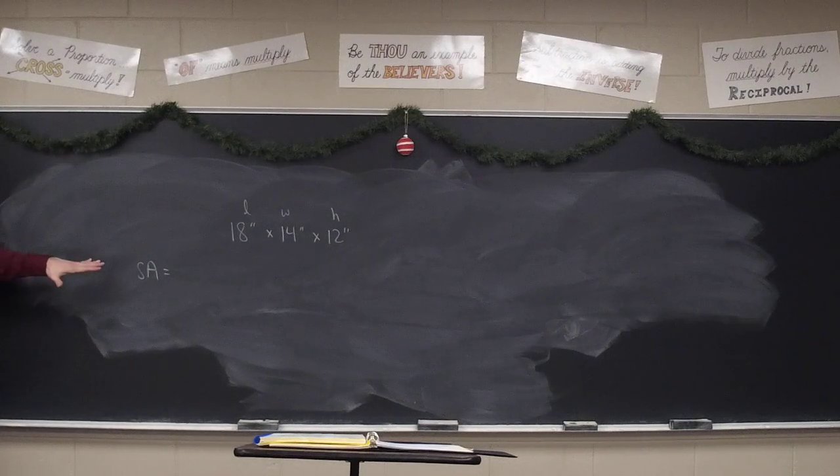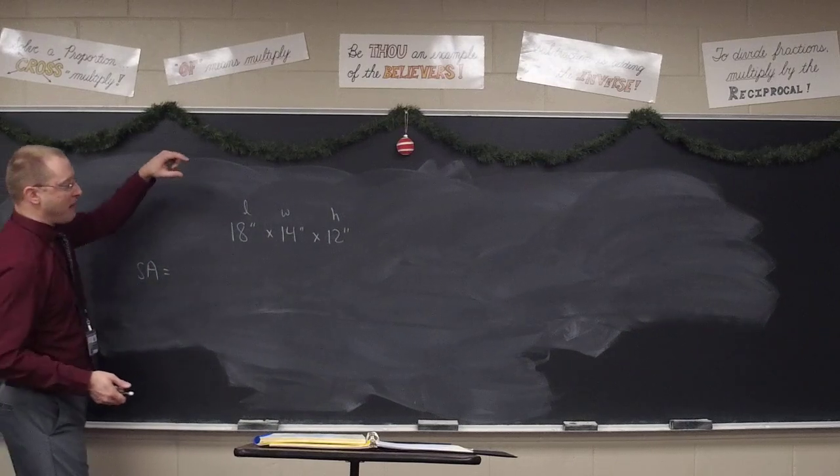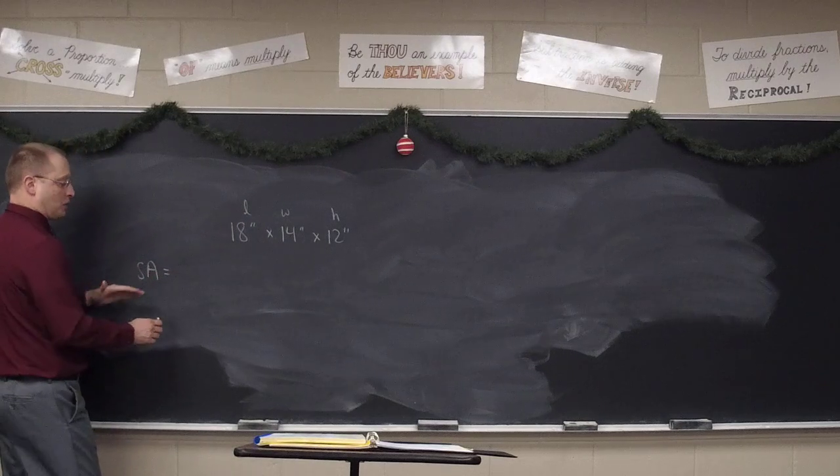Anyway, we're going to wrap a box and deliver it as a present, okay? For the surface area, what we're going to have to do is pair up 2 of the dimensions and then double it because there's 2 length widths, right? So my SA equals, if I say with me,